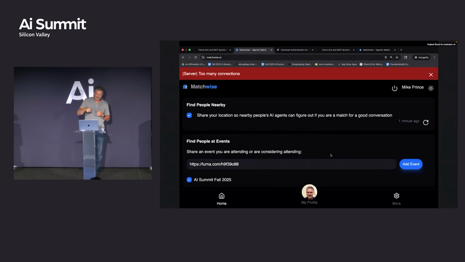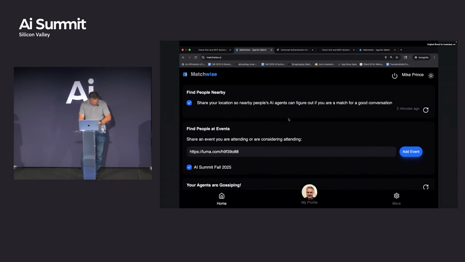And so there's a thing here that's actually processing through that queue, and this is on the Matchwise side, walking the queue and getting all the agents to start talking to each other. And when they talk, I think right now it's very simple, and I think it does two turns of the conversation. It does one turn, which is the introduction part you saw at the top. It says, here's about you, here's about me. And then we do 2 rounds of inference in there. And we give each party a chance to say, I think this is a good connection, or I don't think this is a good connection. And so that's like the last mile of the Agentic Web stuff.